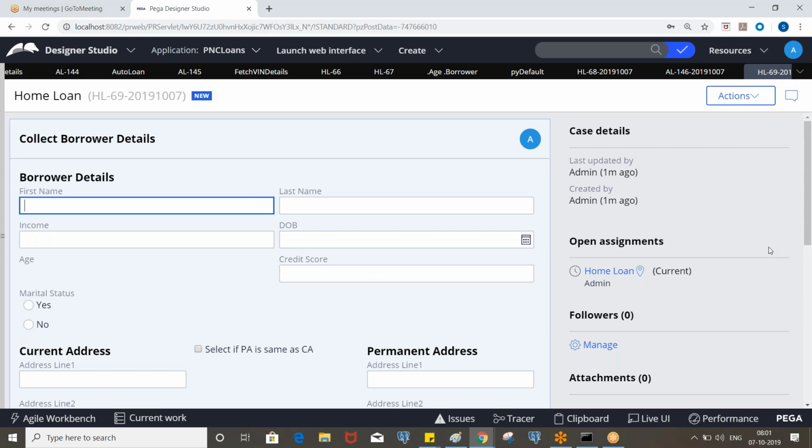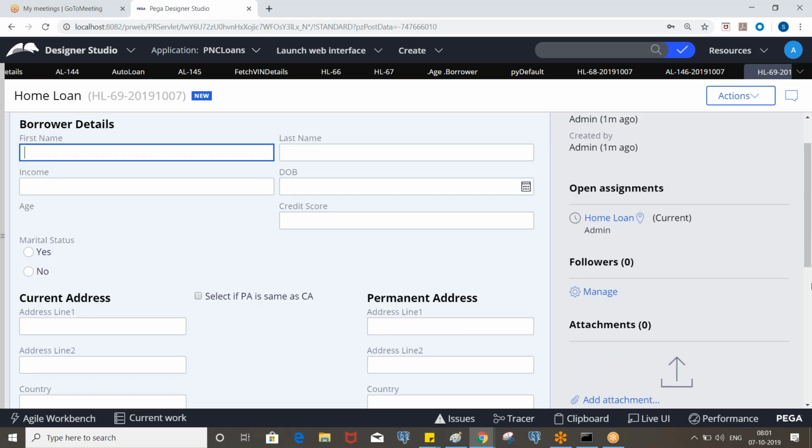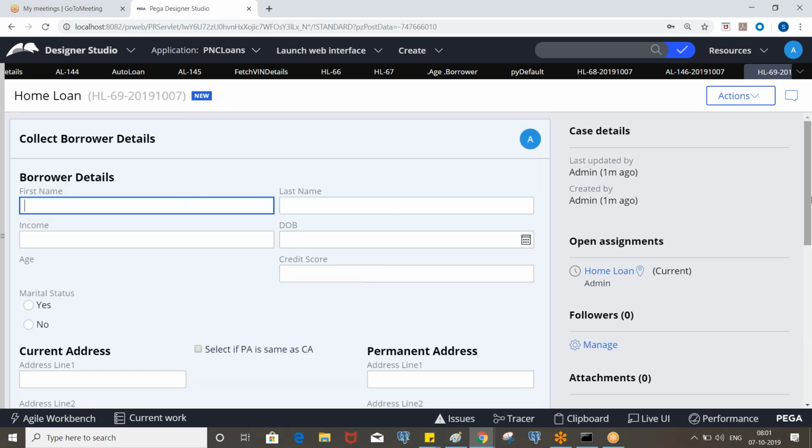Okay, so based on the requirement, we can configure either client-side or server-side. Some kinds of messages we show immediately, and sometimes, let's say you want to check in the database, because you are entering some data which is already available in the database and you don't need to enter that, in that case we can configure server-side validations. Okay, and we have some rules for client-side and some rules for server-side validations. We'll cover those in the next class.